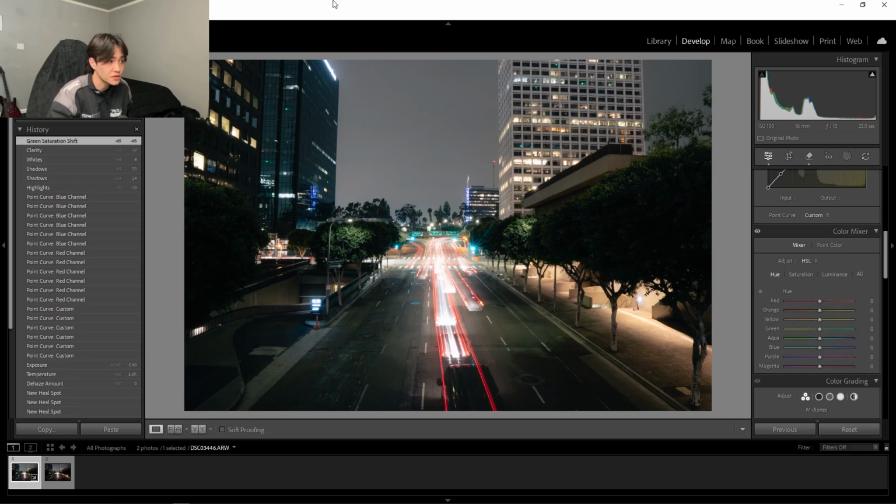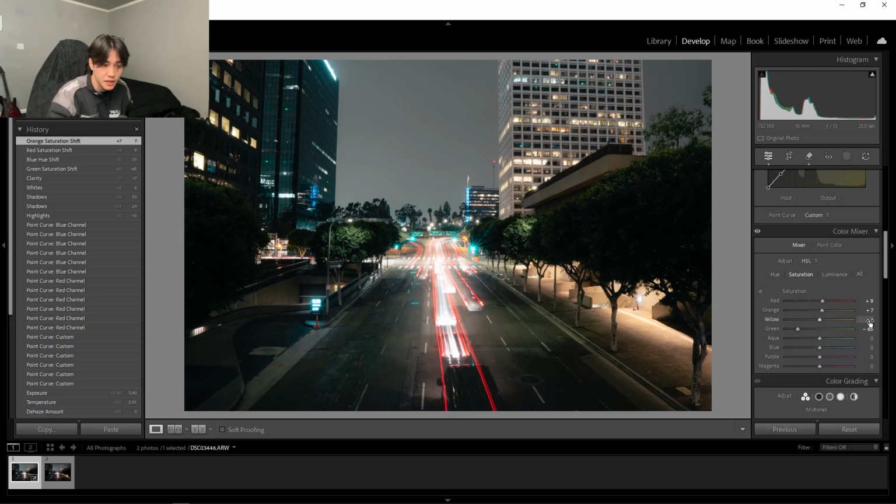Next thing I see is all this blue. As I said before, we want it to be sort of like a teal. So I'm going to come over here to the hue and slide that over. The main colors I want to pop in this image are teal and orange, or blue and orange, all those cool and warm tones. So I want red. So I'm going to raise red a little bit. Orange just a little bit,